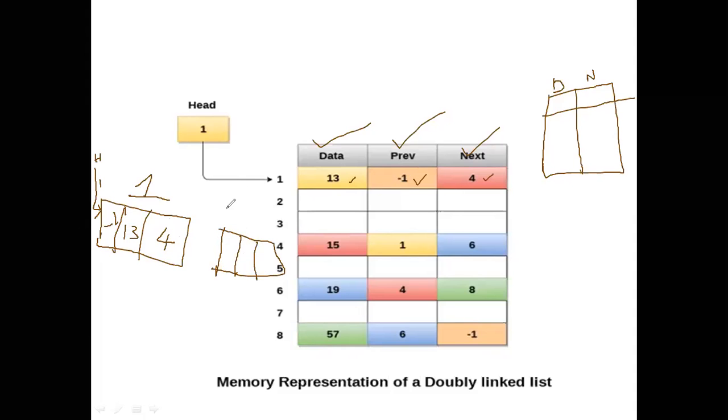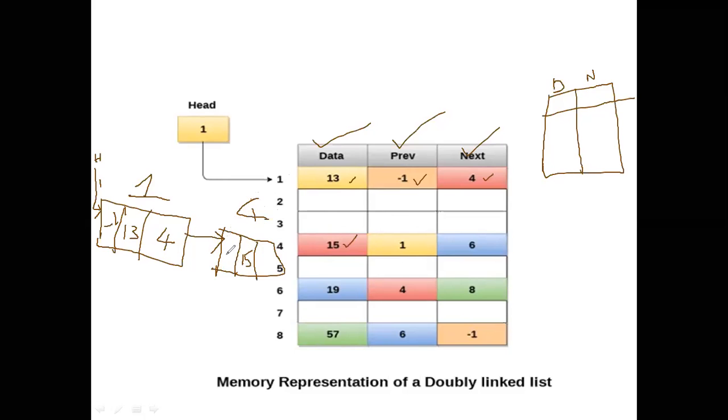What is the address of this? Here I have written 1 because head points to 1. This is what? 4, ma'am. 4. Very good. So here I have to point this. Am I correct? What is the value here? 15, ma'am. 15.